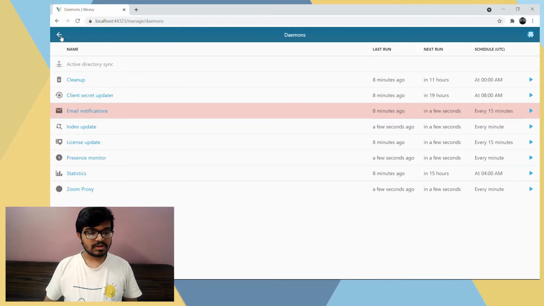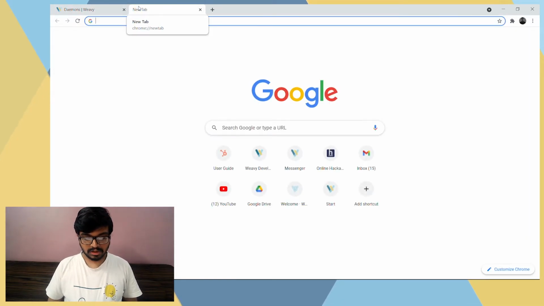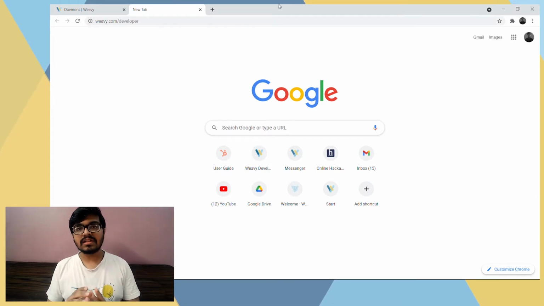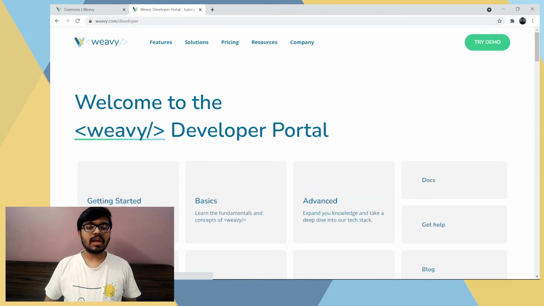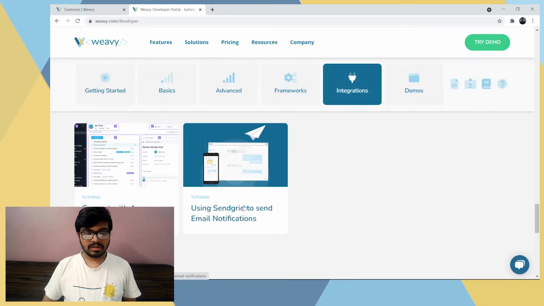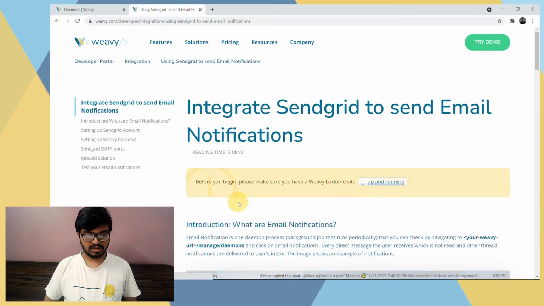For this, we are going to use SendGrid as an example. And if you go to the developer portal, you will find this article which describes in detail the entire process. If you go to integrations, you will find Using SendGrid to send email notifications. And inside this article,